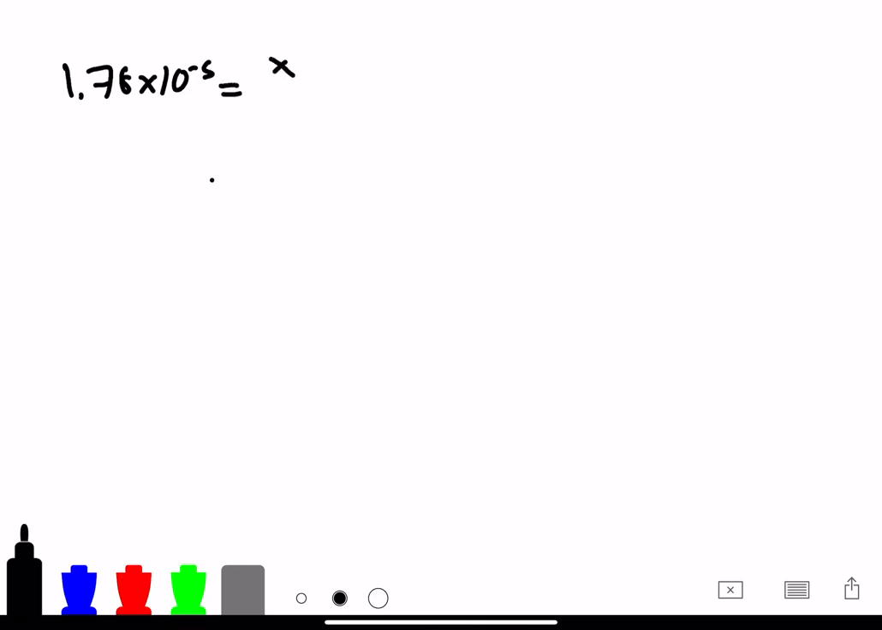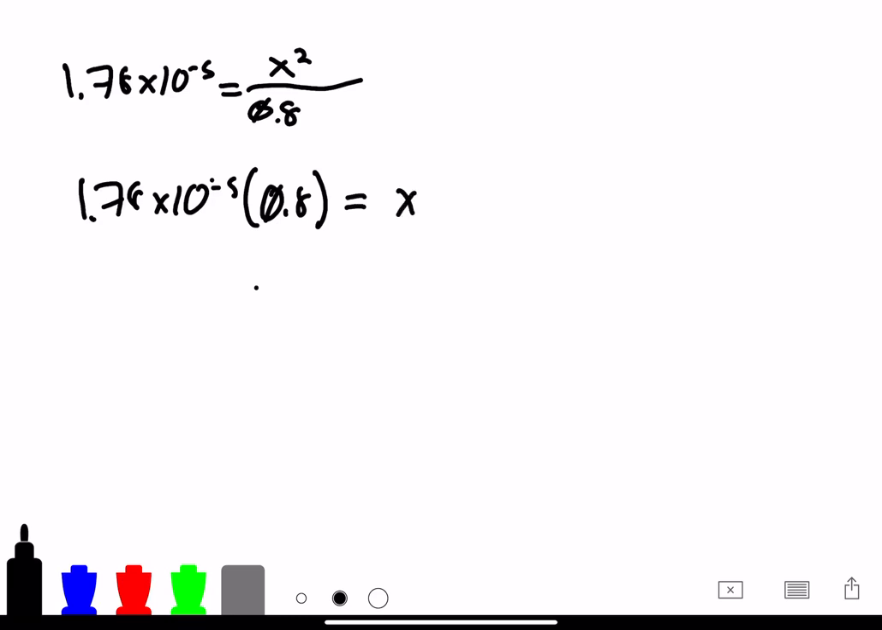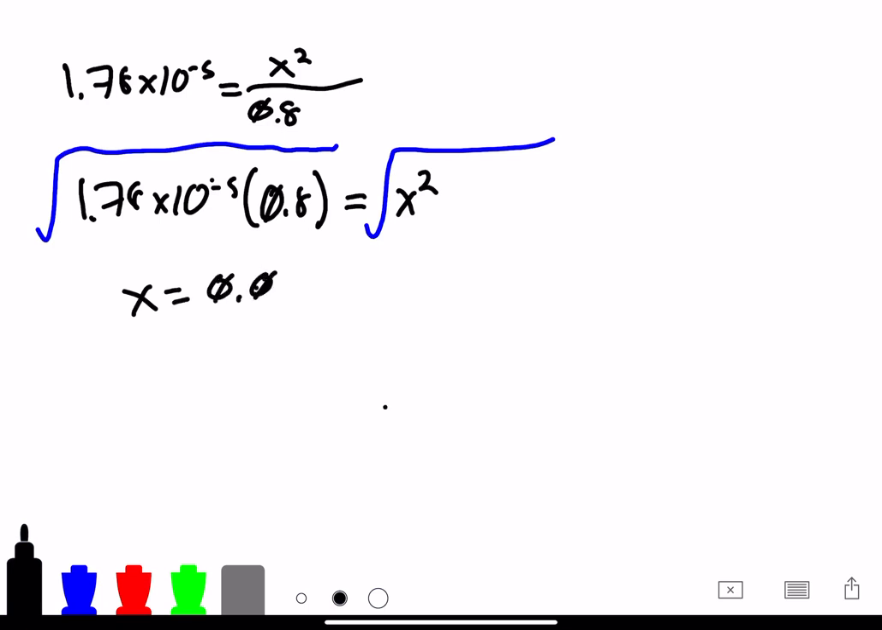And we can write our expression here, x squared over 0.8 minus x. Now, because we know that x is going to be very, very small, we can assume, because Ka is so small, that the denominator essentially stays the same. So we can just forget about this x right here. Now when we solve, we can take 1.78 times 10 to the negative fifth multiplied by 0.8 is equal to x squared. Now we can just take the square root of both sides, and what we're going to find is x again is equal to 0.0037, which is equal to the concentration of H+,